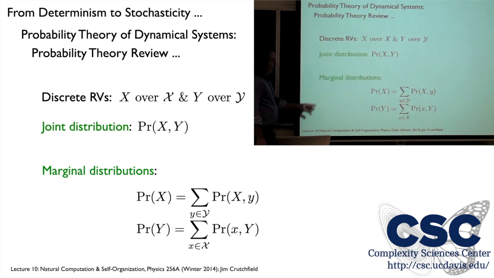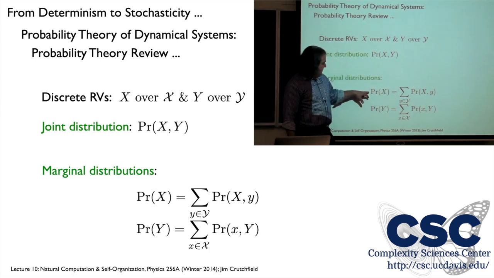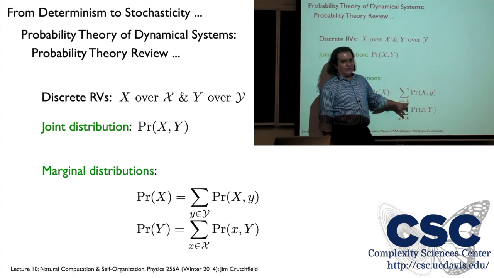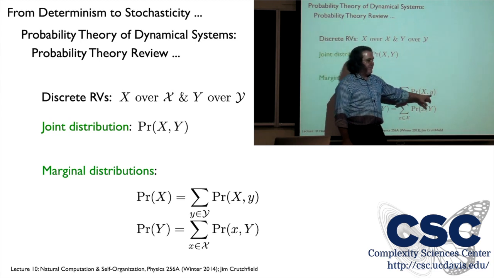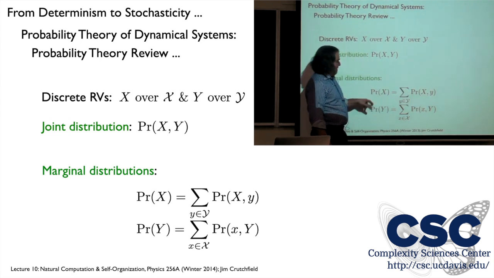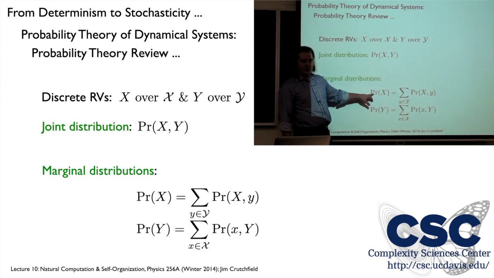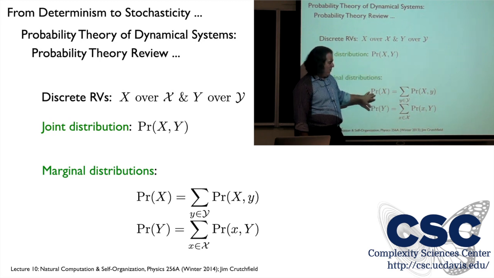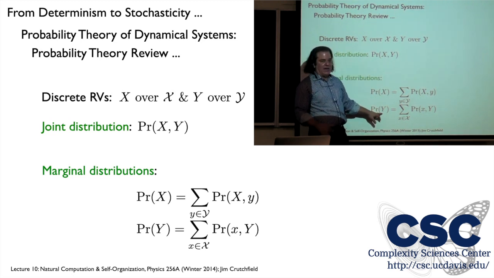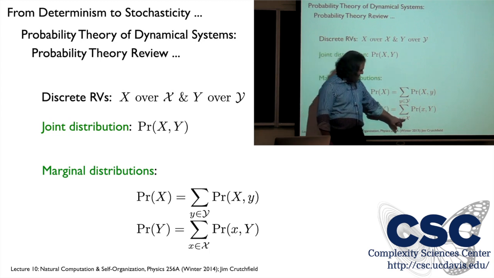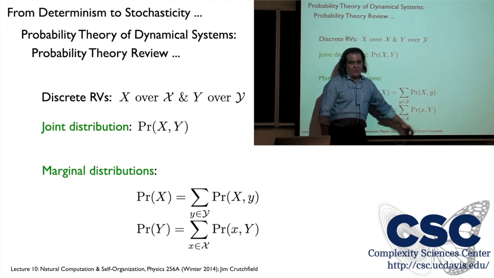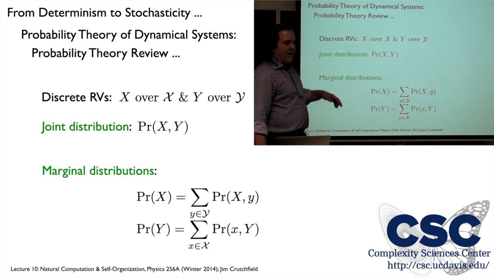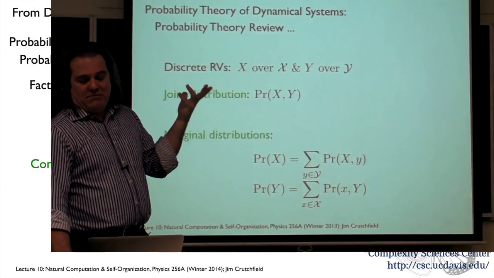Okay. If we were just interested in the distribution over X, we can recover what's called the marginal distribution by summing out all those values that Y can take on. This is a normalized distribution. It's a little bit of an exercise to show that if I have a normalized joint distribution, the marginals are normalized. It's pretty straightforward. Then we can also project down, or marginalize down, to Y by summing out over all the realizations of random variable X. Well, that's fine. We just took the previous notions and generalized them to pairs.